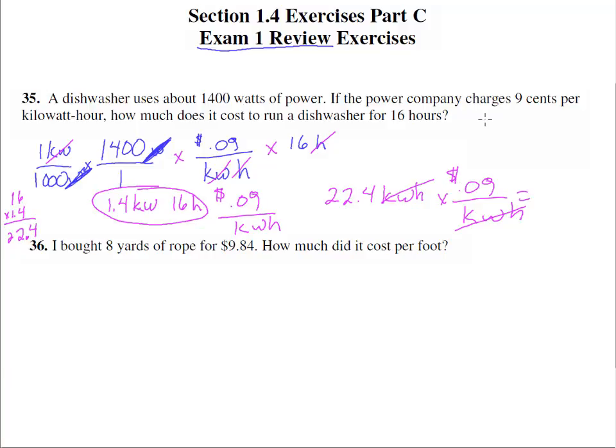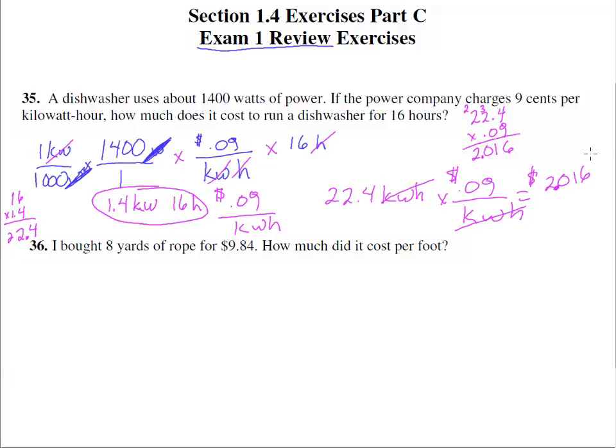So it equals, and we're going to run this up here, 22.4 times 0.09. 9 times 4 is 36. Carry the 3. 9 times 2 is 18, plus 3 is 21. Carry the 2. 9 times 2 is 18, plus 2 is 20. And there are 3 decimal places up here, so 1, 2, 3. So it's going to equal 2.016